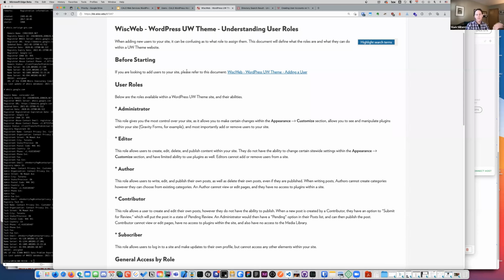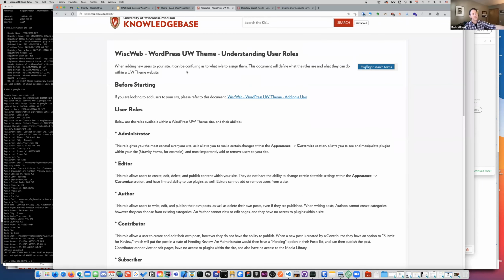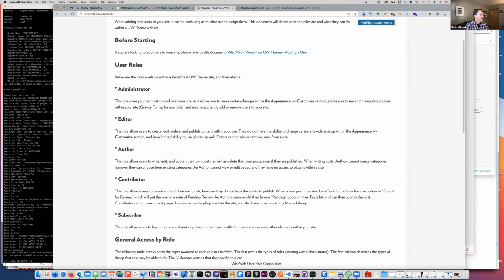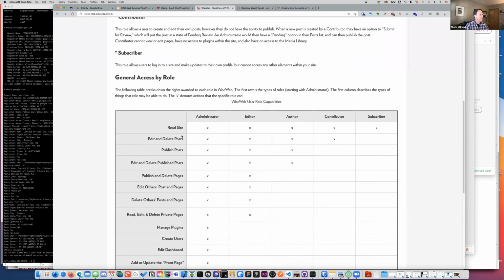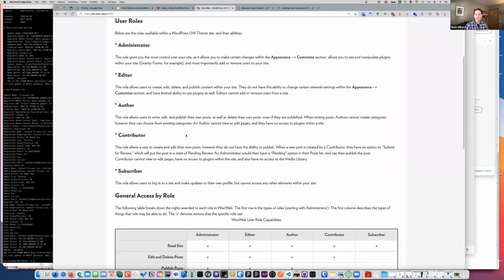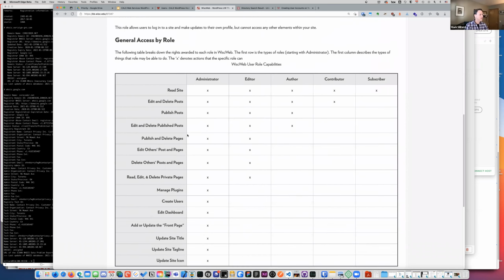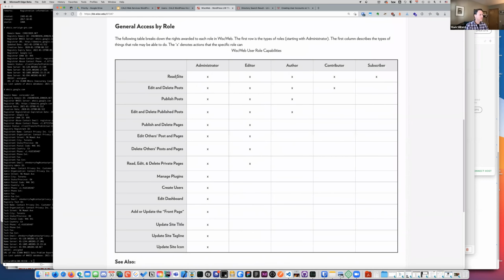One of those explains each of the roles that the WordPress platform has. The two most popular are the site administrator, which a lot of you are, or an editor, a site editor. There are a few other roles, but these are the most popular. I'm not going to read all of these, but the cliff note would be, there's a nice table here as well that shows the different things that a role can do. So if you're trying to decide which role to use when adding a user, you can see from the table that a site administrator can pretty much do